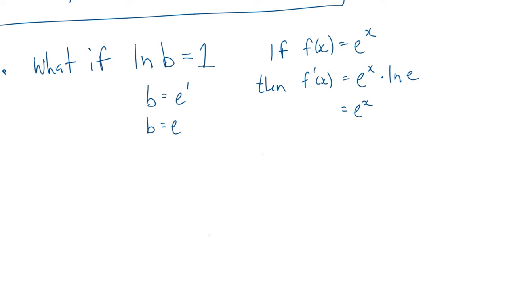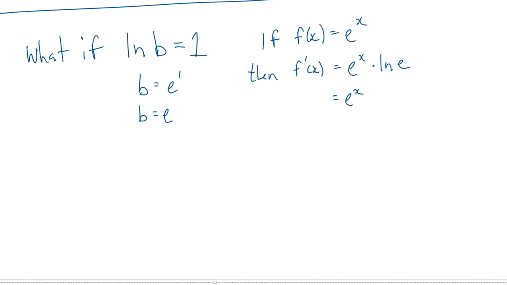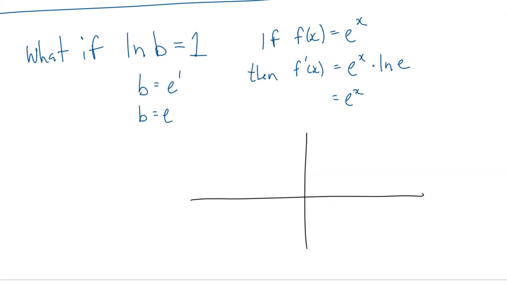So the other implication of this, and this is interesting, is something that people will describe and comes up here or there. Now, how useful it exactly is for us in our unit, probably not very much. But what it also means is, if I have a graph of y equals e to the x, then its derivative is also e to the x, and the derivative is the expression for the slope of the tangent. So if I pick a point and I do the tangent at that point,